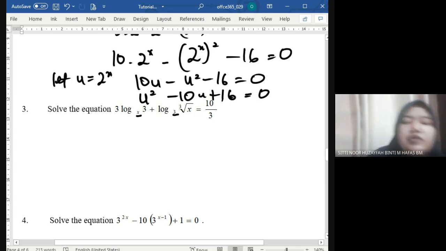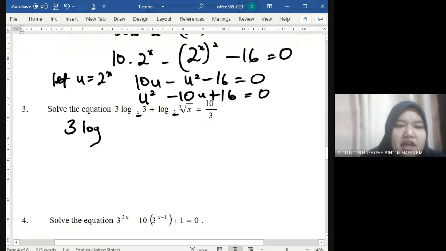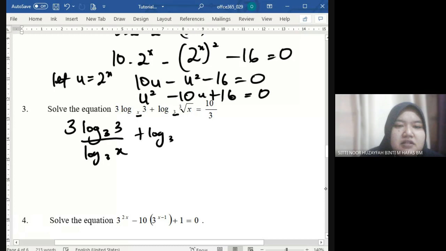Usually we put a constant on the base. So this base x we can change into base 3. So directly you can get log base 3 of 3 divided by log base 3 of x, by change of base, and then plus log base 3 of x to the power of 1 over 3